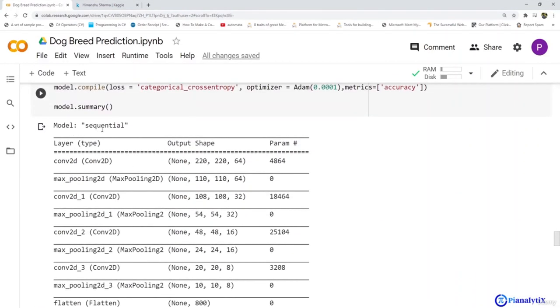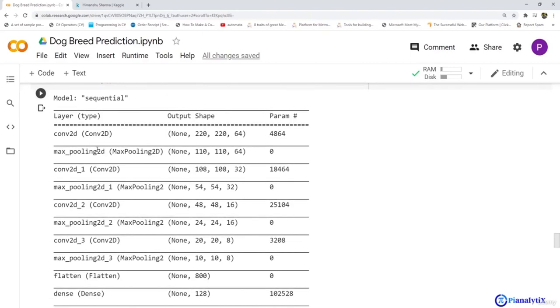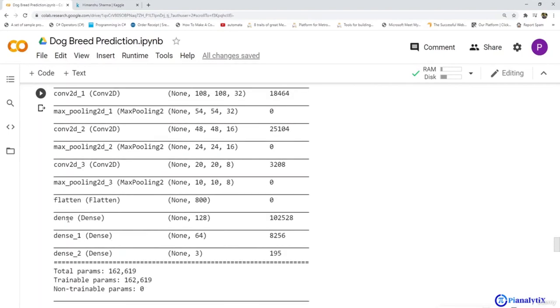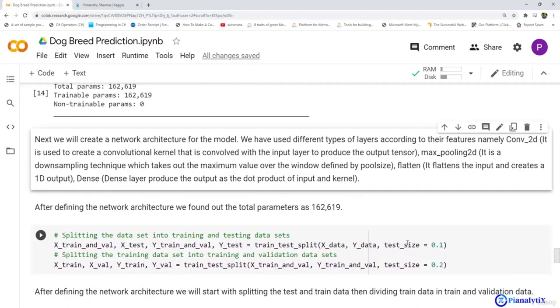So we know that the model is sequential. The first layer is a conv 2D layer with output shape of 220 by 220 by 64, which equates to 4864 params. Similarly, you can see the max pooling layer, then the conv 2D second layer, then the max pooling second layer, then the conv 2D third layer, and so on. After the flatten layer, we have applied the dense layer, then the second dense layer, and the third and final output layer, which has 3 because we are working on only 3 classes.